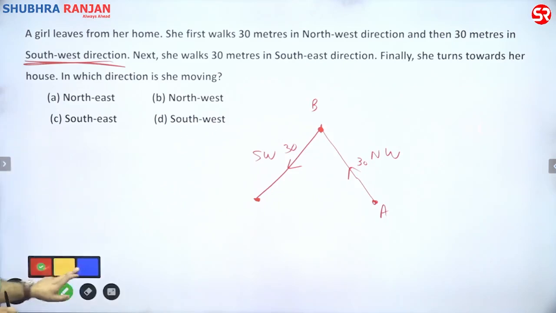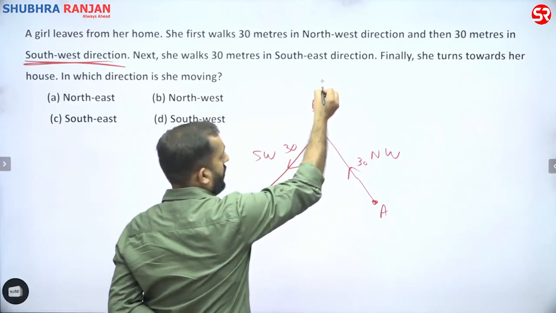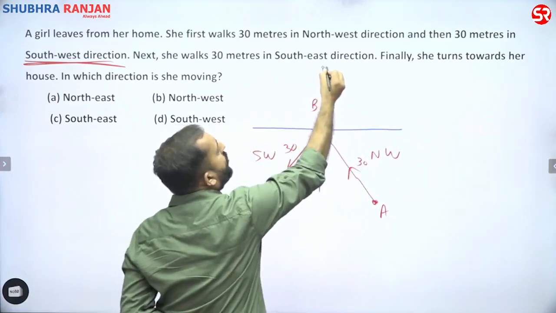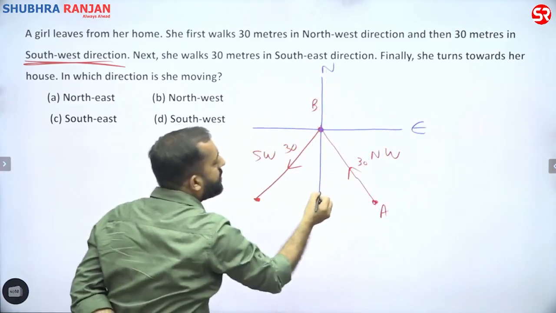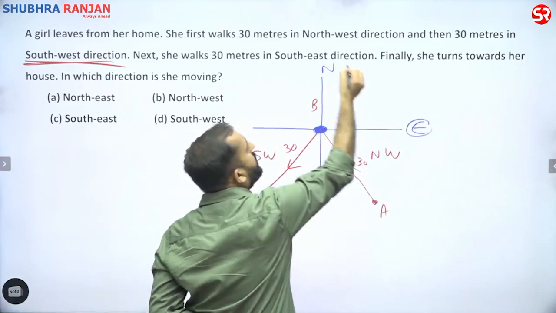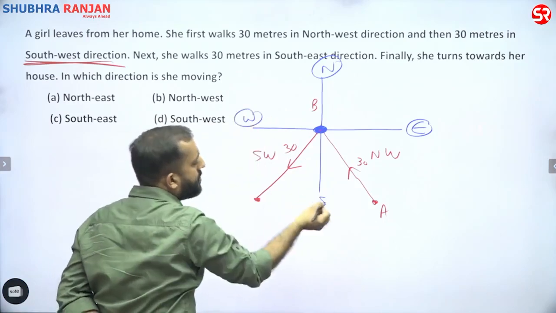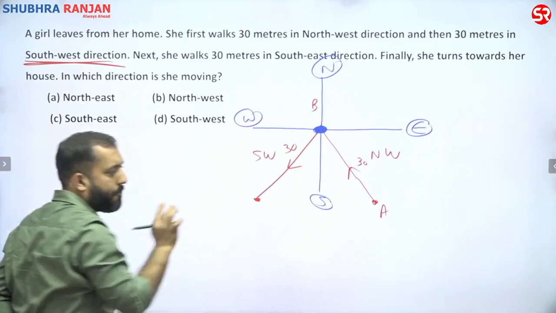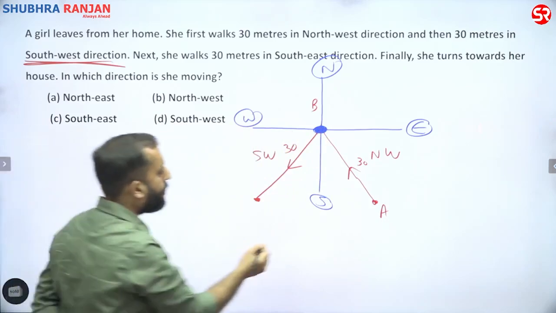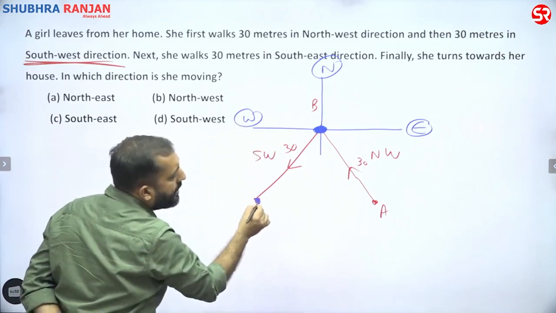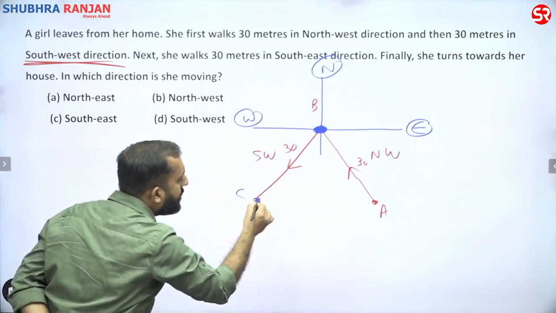See, assume that direction diagram at this point. So this is north, this is east, this is south with respect to B. With respect to B, this is east, this is north, this is west, this is south. So with respect to B, this direction is going to be southwest. Clear? Okay. Now after reaching this point, A, B, C,